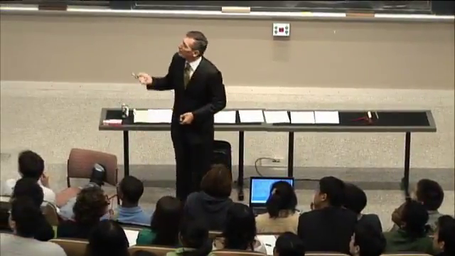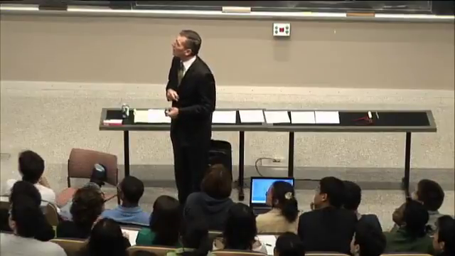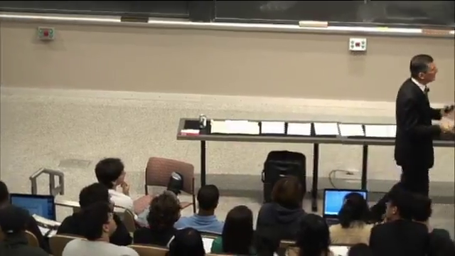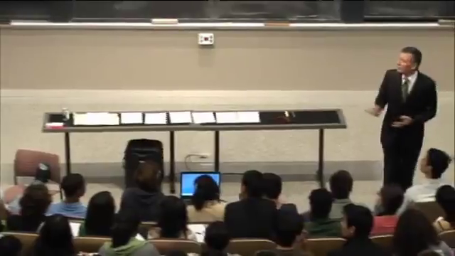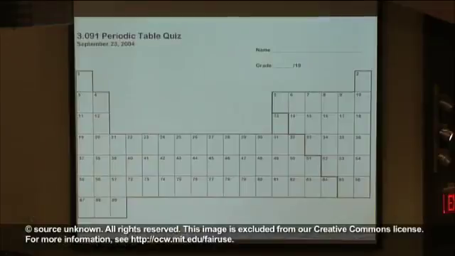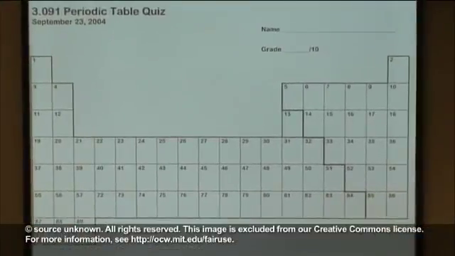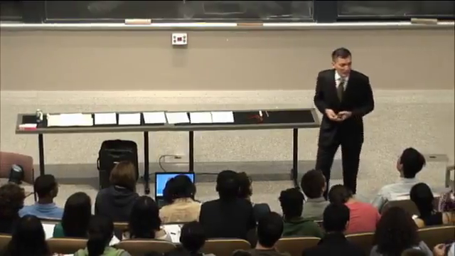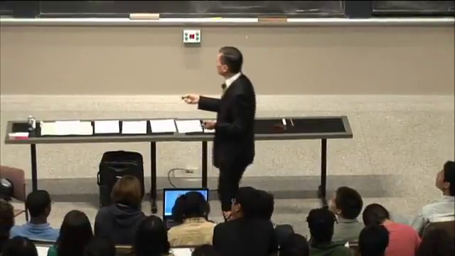So it's quite straightforward. We've been doing this for many years. This is from 2004, and it's not that hard. I give you the blank here. I even put the numbers on for you, and all you have to do is add the 2-letter or 1-letter symbol. You don't have to give me the full name of the element. You don't have to give me its density or its electron affinity. You just got to put argon in there, Ar. That's all you got to put in there, okay? And every year people grouse when I announce this, but you'll find out that you'll breeze through it. You'll have 10 minutes. This will be on September 24th.